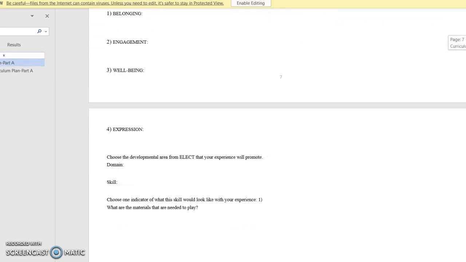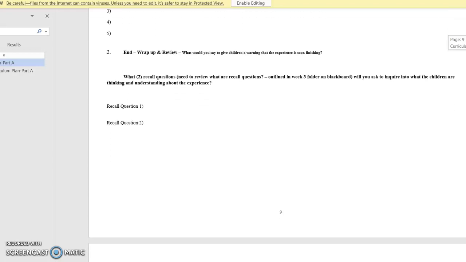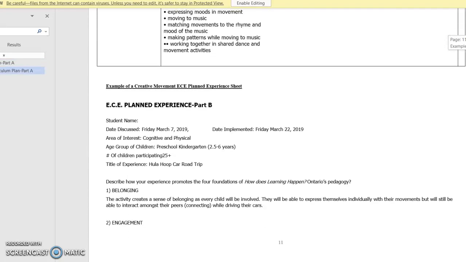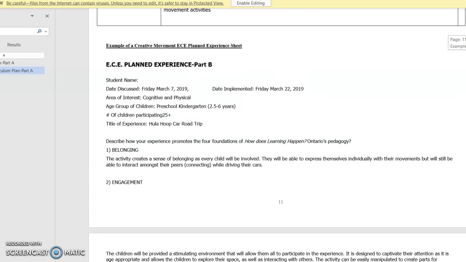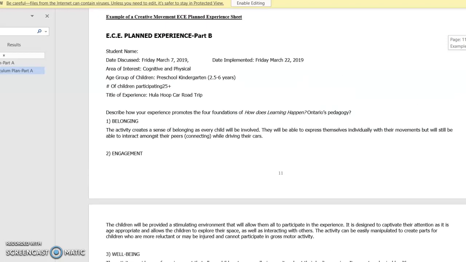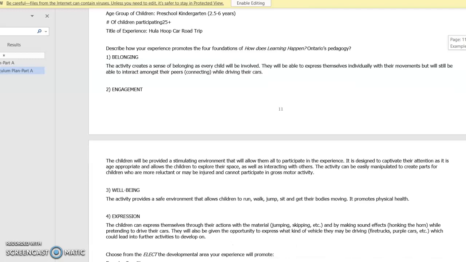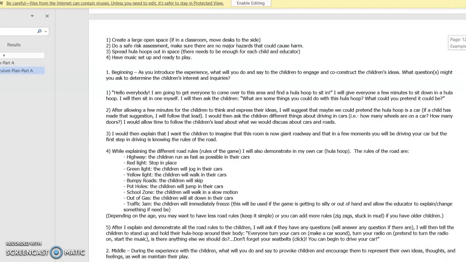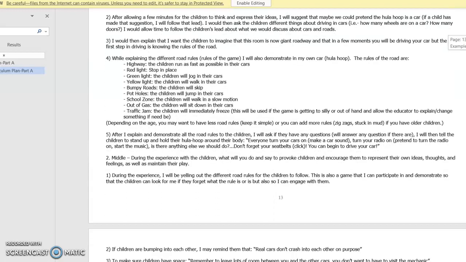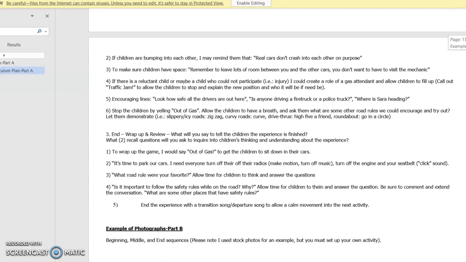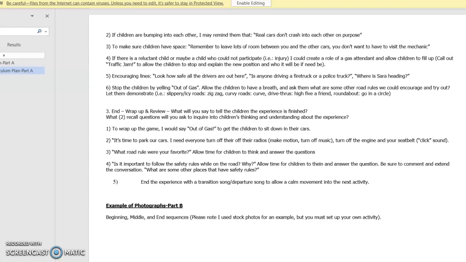So that you'll fill out the ECE modified planning experience. And then below that, I have included an example of a very well done and discussed ECE planned experience for a game to give you a good use and knowledge of the information that you need to provide me using How Does Learning Happen and the ELECT document.